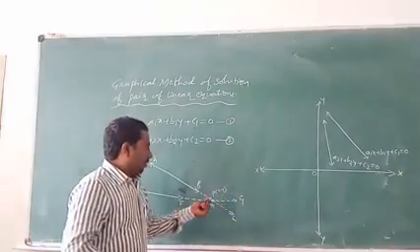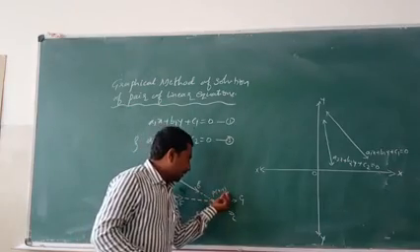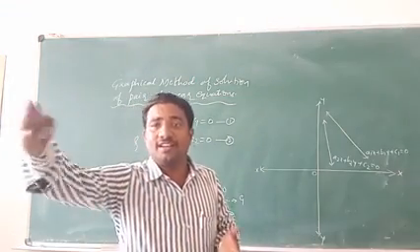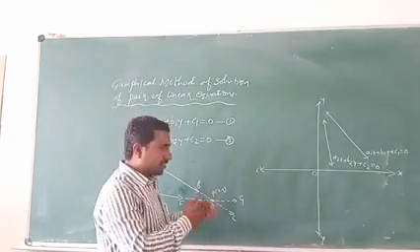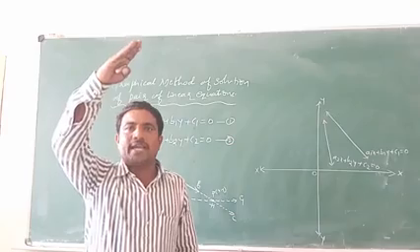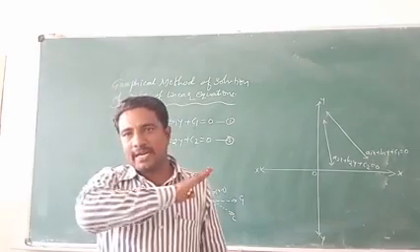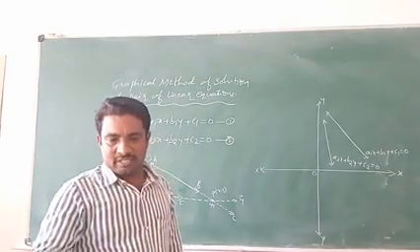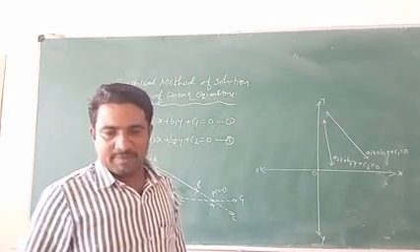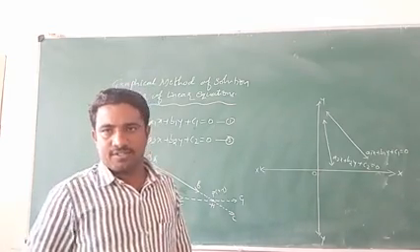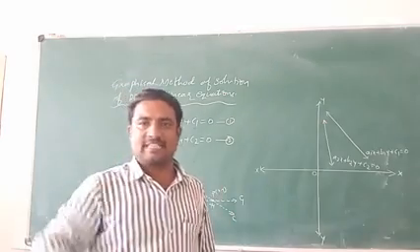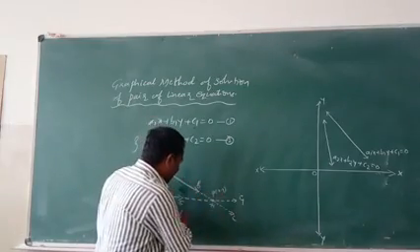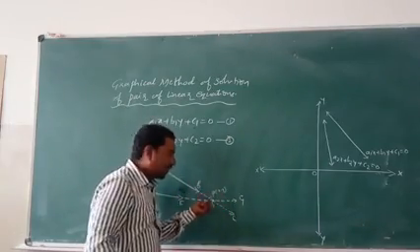This X is the abscissa and Y is the ordinate. In the sense, X represents the distance from the Y axis on the X axis, and Y represents the distance from the X axis on the Y axis. This is the meaning of that coordinate point P of X comma Y. In the 10th class there is also one chapter, the coordinate geometry chapter. I will discuss this type of coordinate points in that chapter only. First you take this one as the point. These BC and FG lines are intersecting at this point H.